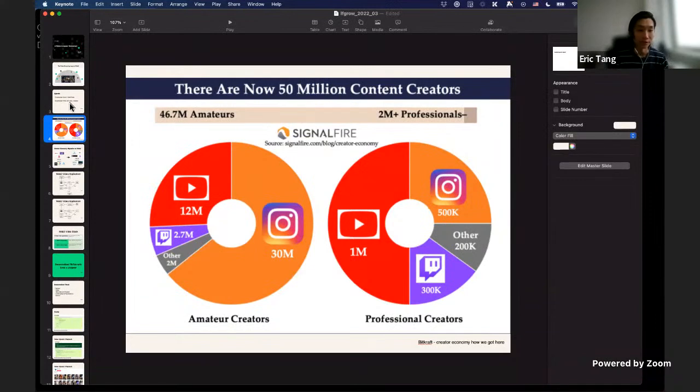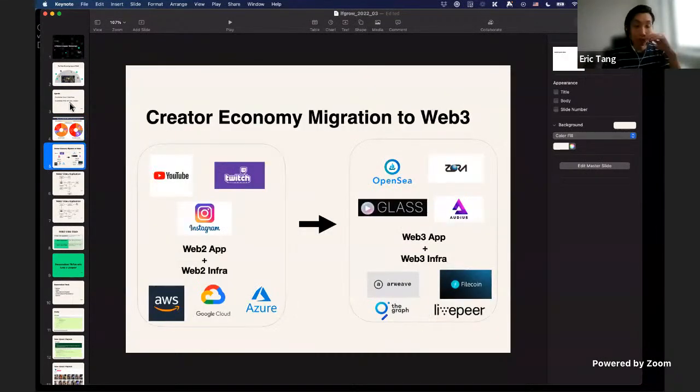For YouTube, for example, YouTube's take rate is about 50%, which means for every $2 YouTube makes, it shares $1 with the creator and keeps the other, right? Which is quite a big tax if you think about it, since all of the content on YouTube is created by creators, right?